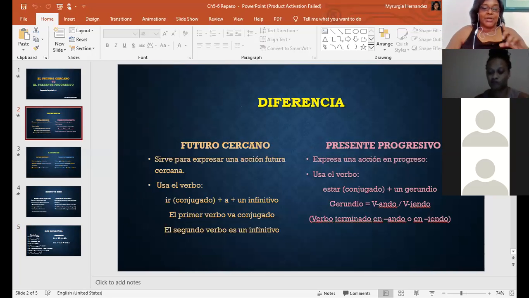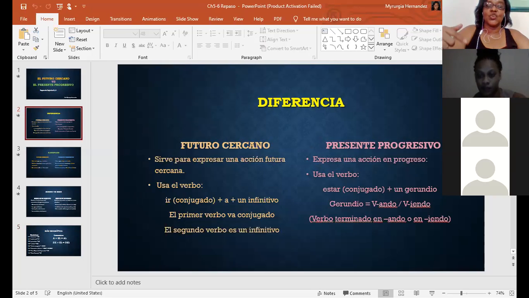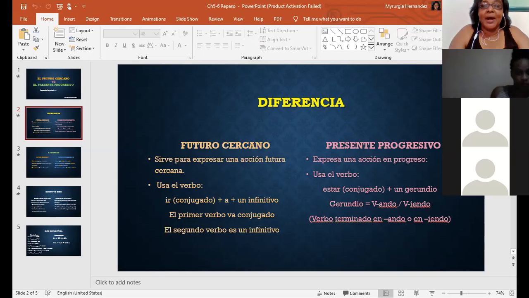And this is an issue that I have with some of you in the weather exercise, for example, before the midterm, because you were supposed to say va a ser, it's going to be the weather. And that is the near future, going to be. Some of you decided to literally translate and use it will be, which is not really part of the content. So please stick to the content that we are working with so that you don't lose points.